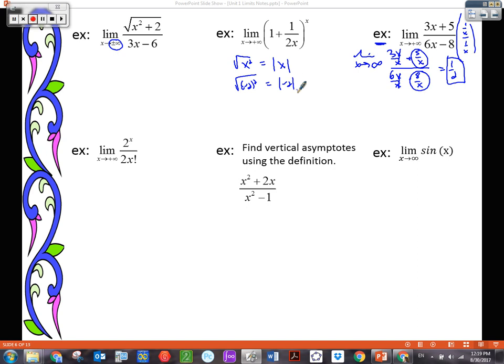Is that an equivalent expression? Yeah. What would happen if my absolute value bars weren't there? Would it be an equivalent expression? No. So to be truly precise and accurate, the square root of x squared equals the absolute value of x. It's just a fact. Okay, so we're going to have to use that information when we're working with this because